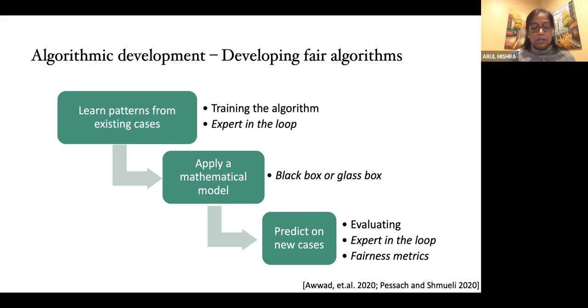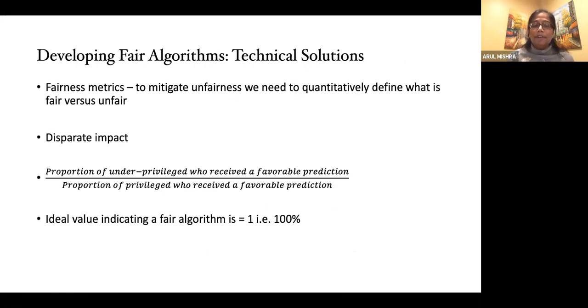Is it 50% accurate? We can find out the accuracy pretty well. So at this point in time, it's also important to come up with good fairness metrics, right? If it's easy to evaluate something, we can improve it. Accuracy is easy to evaluate. We are pretty good at trying to improve accuracy by changing different features, the weighing of the features, all of